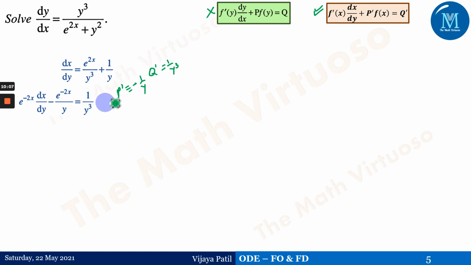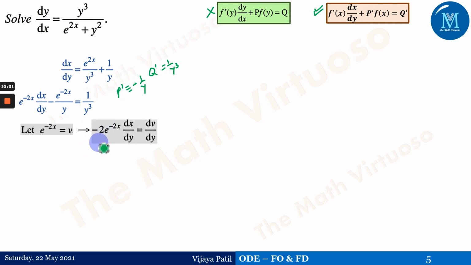This is what we need to understand about what we are doing, and that's the reason here this f of x is nothing but e to the power minus 2x, and we are combining that minus 1 by y with p. So it's completely up to you whether you go with v as minus of e to the power minus 2x, or e to the power minus 2x as v. Anyway, the final answer would remain the same.